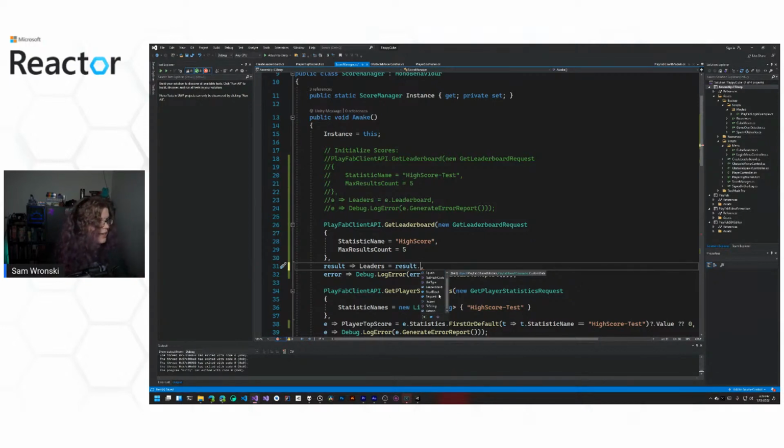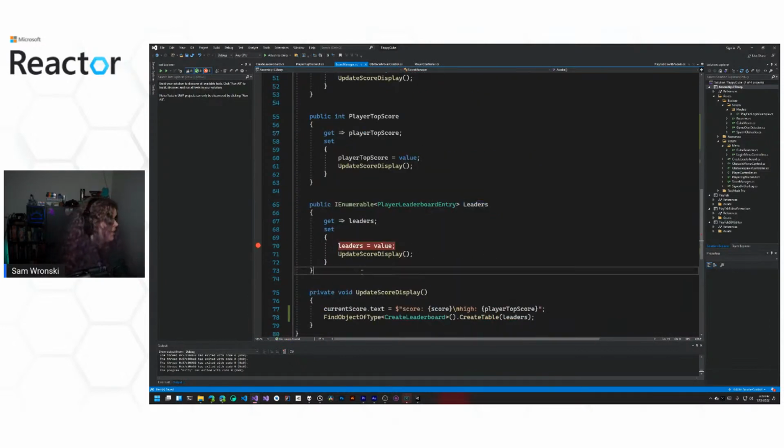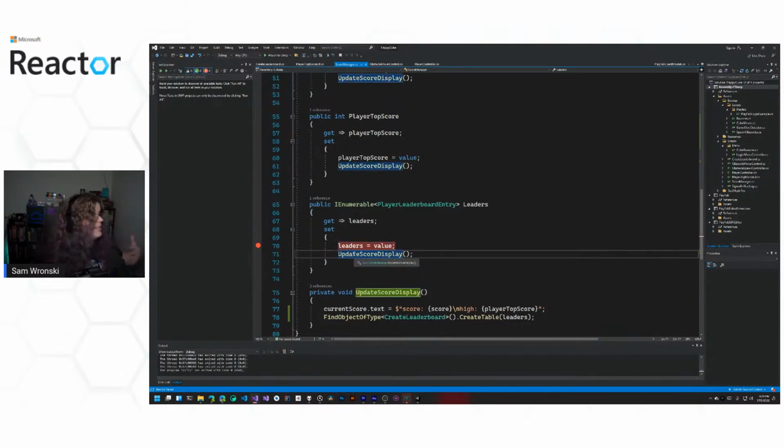That kind of gives you that option. That's that. So we're pulling out the leaderboard, which is just going to have a list of those results. It's just going to be ordered and ranked for you, so you can just pull that rank out and use it. Again, leaders is a property. So when we set this, we assign the value and we update our score display, which means the UI gets an update. So that's what's going on here.